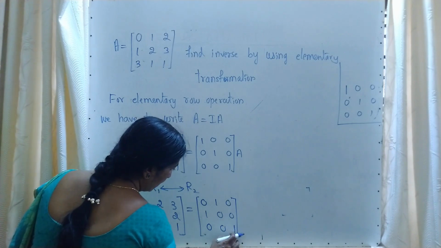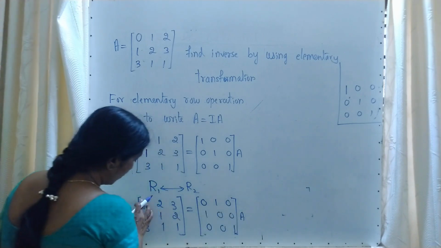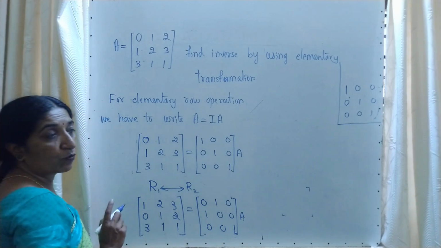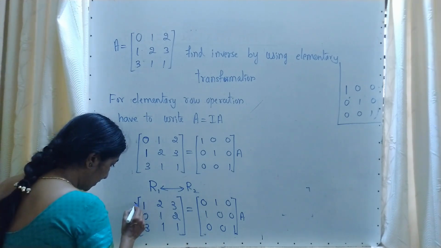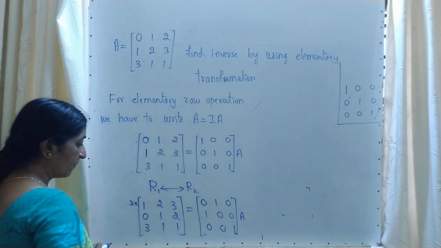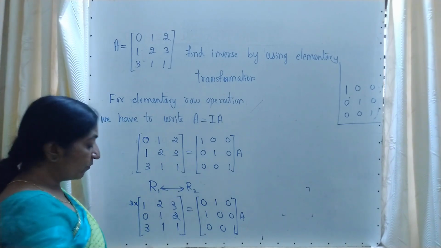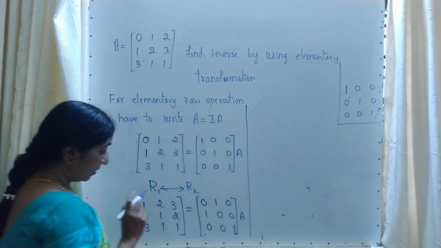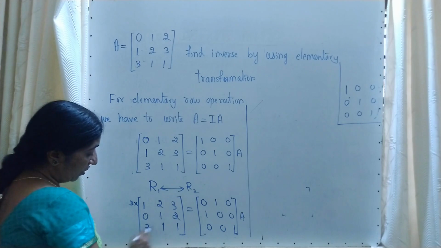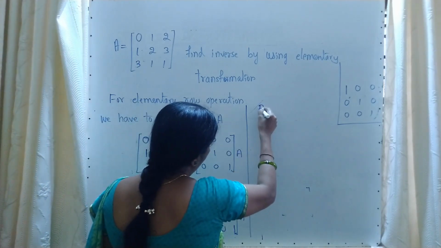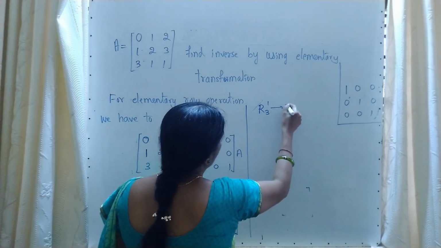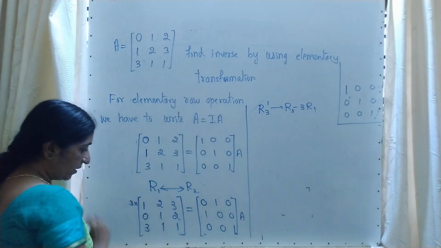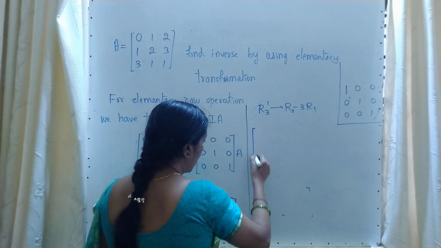See, here the students got two elements at a time, 1, 0, 0. Now I am moving to 3. Instead of 3 what do we have to make? We have to make it 0. So the first row element is multiplied with 3. Why am I not taking the second row? If you multiply with 0 there is no change. So I am multiplying with the first row. That means first write the operation. You are trying for the third row. R3' is R3 minus 3 into R1. Understood? First row and second row will be as they are.